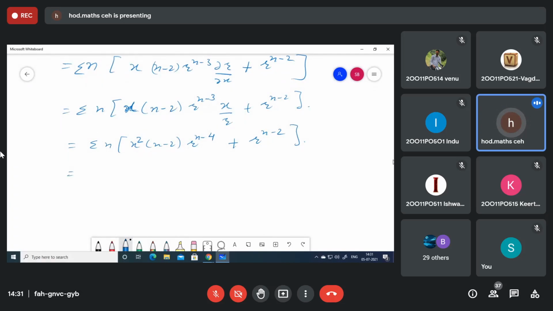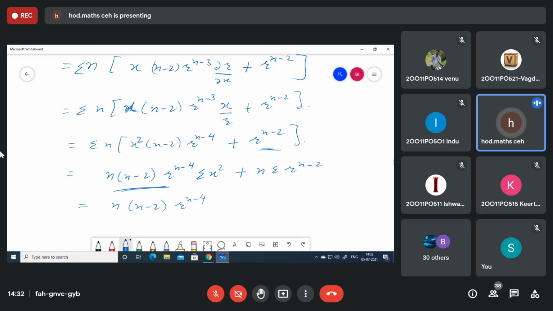So now if I write this, I'll get n into n minus 2, both constant, and this r to the power n minus 4 summation. This part will be common now for all three terms. I'll get x square plus y square plus z square. Will I get it or not? Yes, ma'am. Okay. And this again n into summation r to the power n minus 2. In each term I will get this one. So this n into n minus 2 into r to the power n minus 4 as it is.